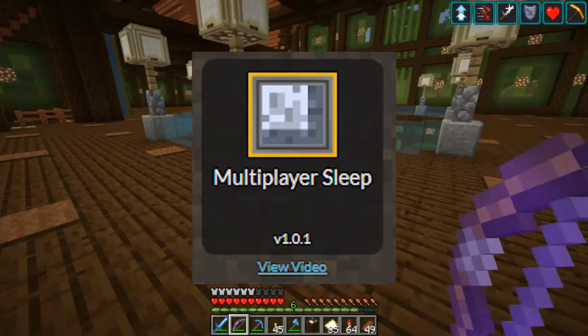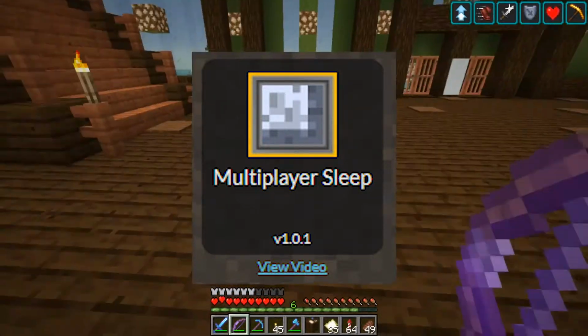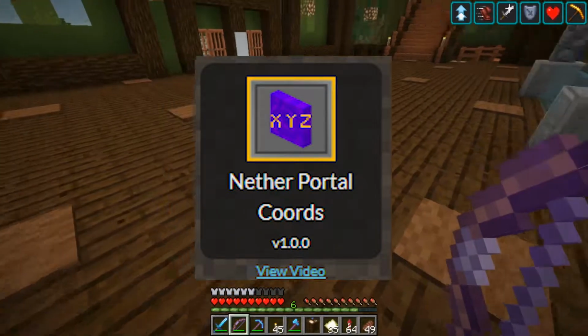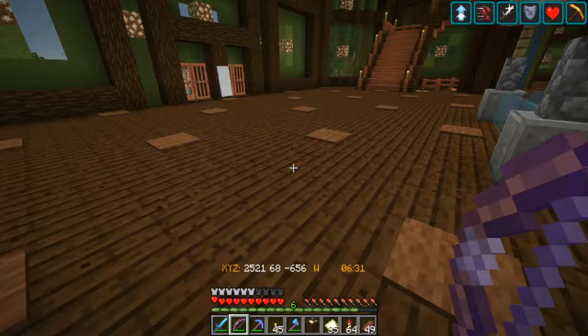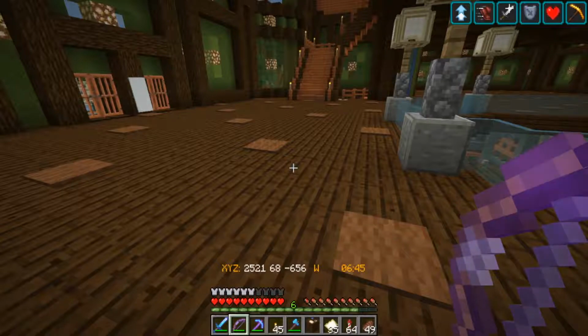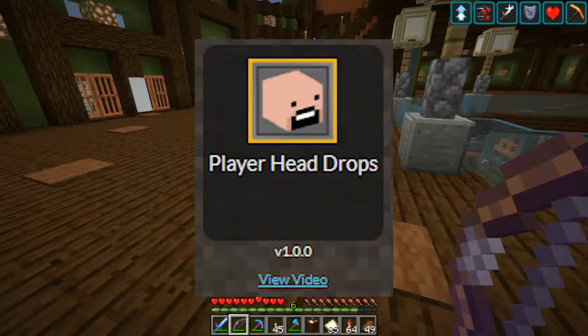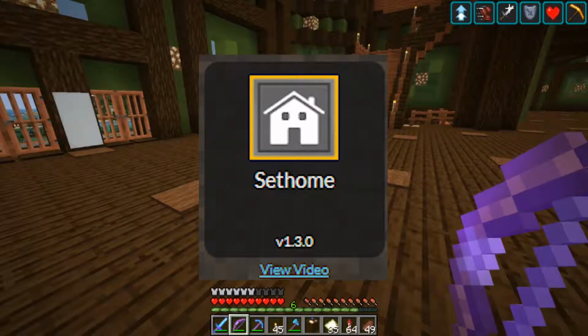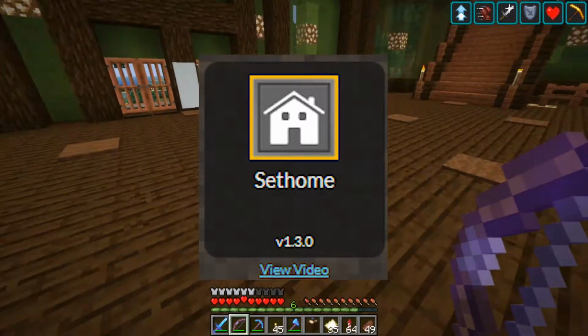We got multiplayer sleep, so that I can sleep if she's not near a bed, and vice versa. Nether portal coords. I haven't even looked into what that does. I'm pretty sure that it's just a program that helps you figure out if you're in the Nether what the coordinates in the overworld would be, and vice versa. It basically just replaces pulling out a calculator. Player head strap. You know, that way she can take my head. Set home. That's something I may have to...